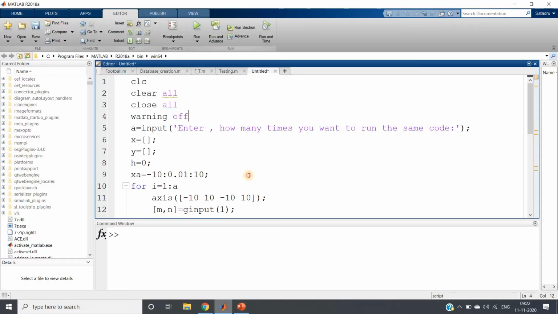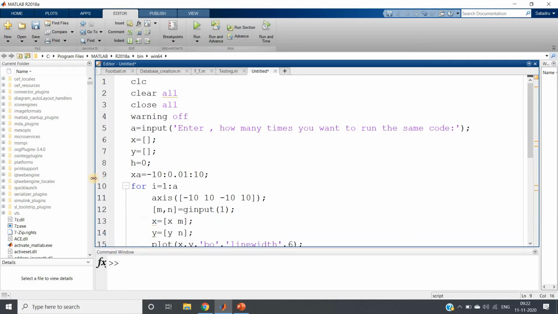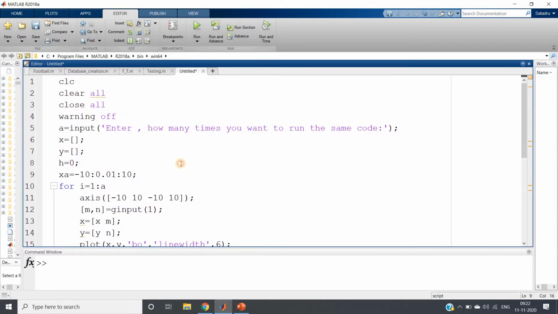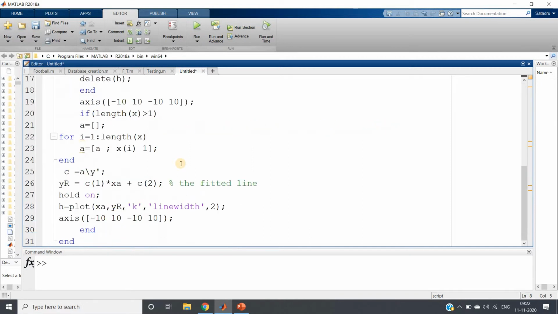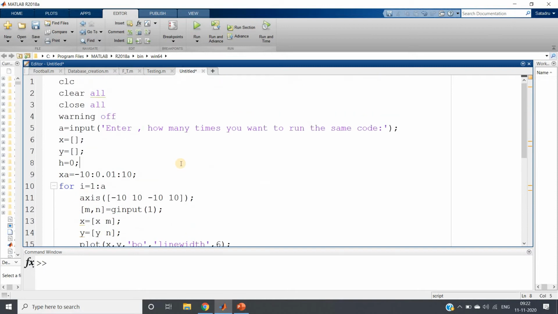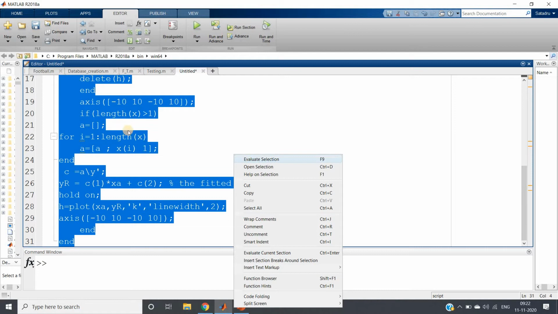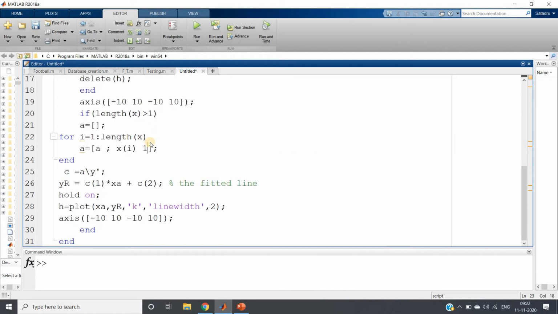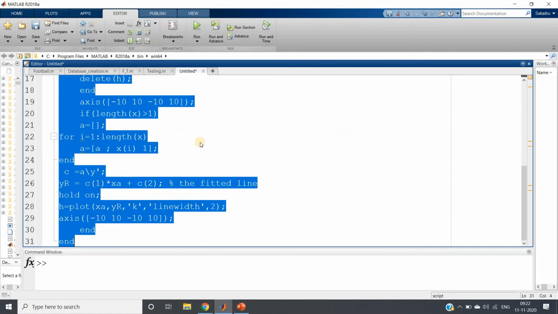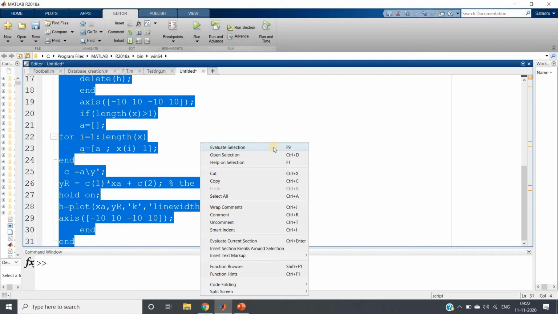Here is the code I have written to implement linear regression using the matrix method, that is the least squares approach. But the beauty of this particular code is that we will give the data points using mouse clicks, so that we can easily generate outliers according to our own requirement. So first of all, let us check one particular scenario by running the whole code. The code I have already discussed in my previous video, so I am not explaining that again.